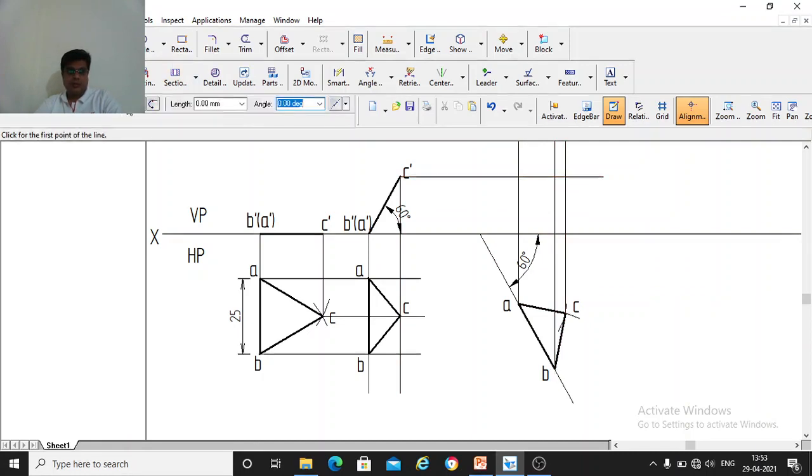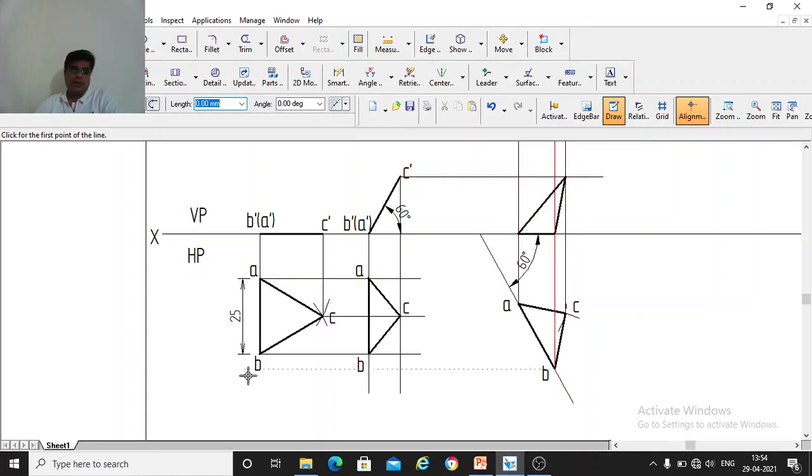So now take your 2B pencil and connect this A dash, connect this B, B dash, C and C dash is here, connect this here and connect C to A. So now this is the front view of this plane ABC. So this is the point A dash, this is point B dash, this is point C dash. So you can see they are exactly intersecting, and those points you have to get.